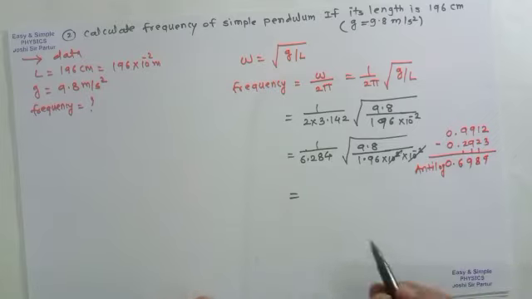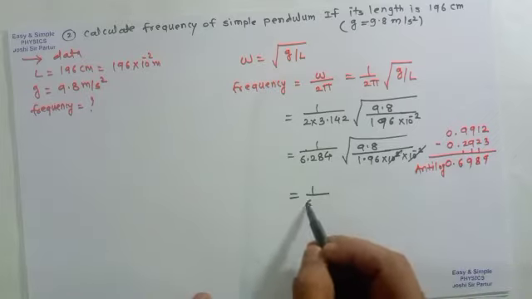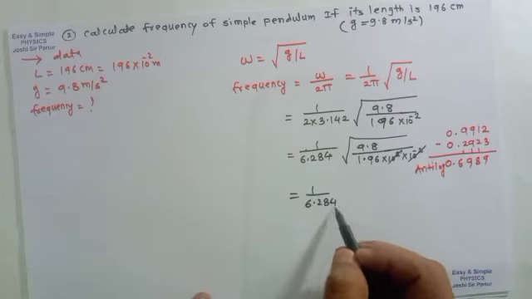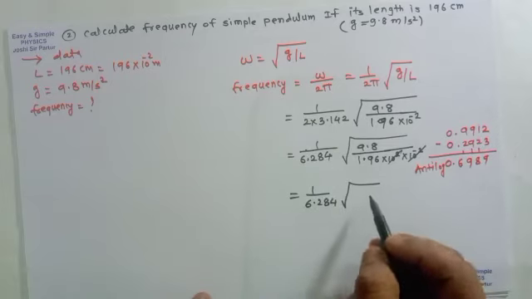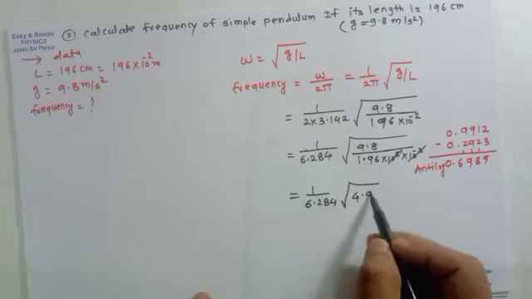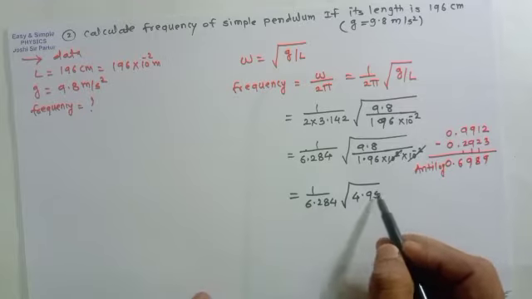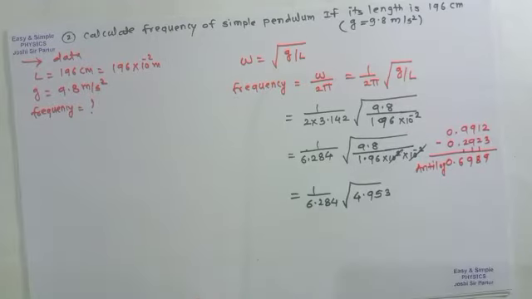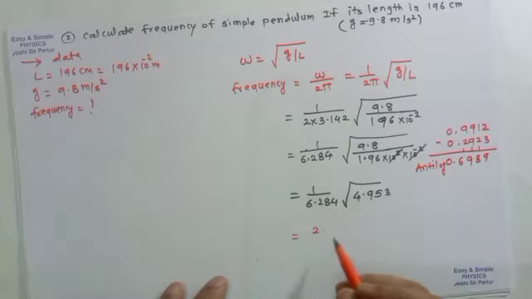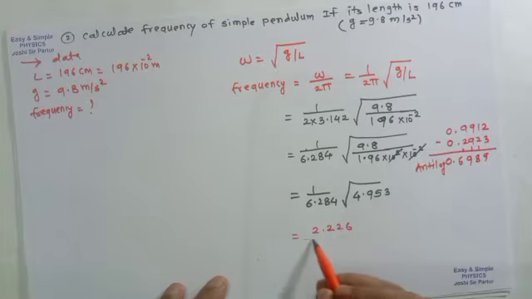Its antilog will be 1 upon 6.284 square root of 4.953. If we see the square root of 4.93, we can write as 2.226 divided by